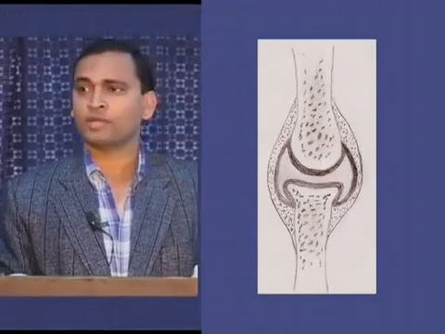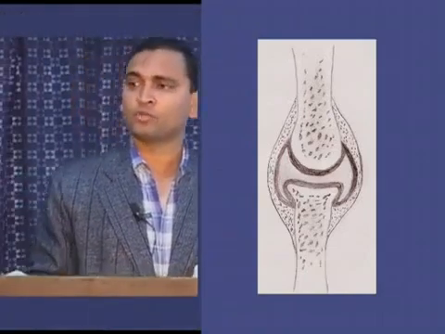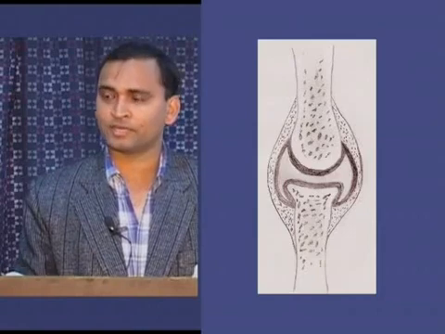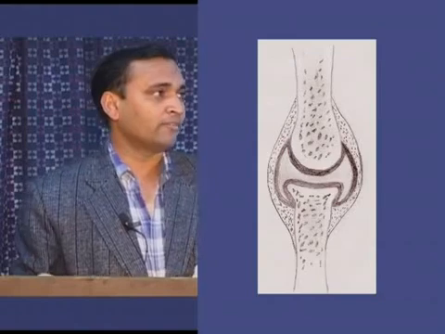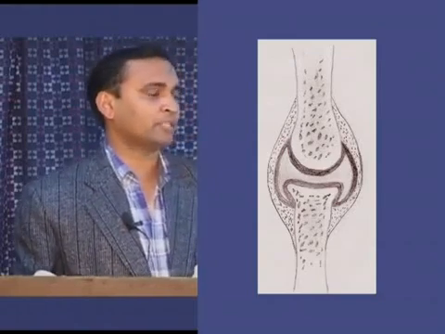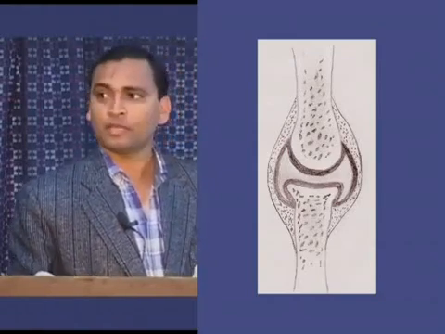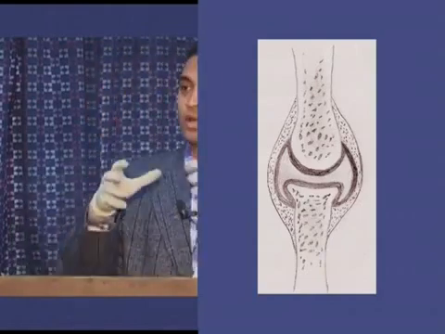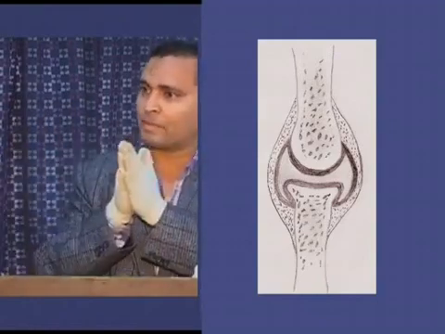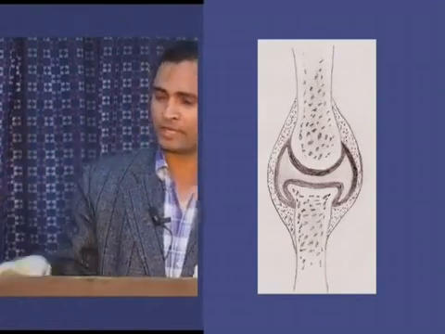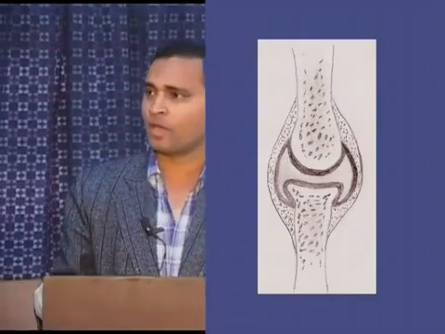Now come to the real joint, the synovial joint, and this is the most important joint for a physical trainer. We all use this joint for different athletic activities. It is a joint in which two bones are separated by a space called a joint cavity. In previous joints we have seen there is no joint space between two bones. Both bones are closely attached either by fibers or by cartilage, with some mobility or no mobility. But the synovial joint is a joint where you have all the mobility, a proper gap between the joint, and so on.